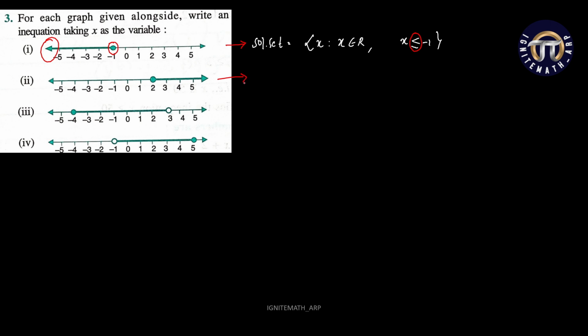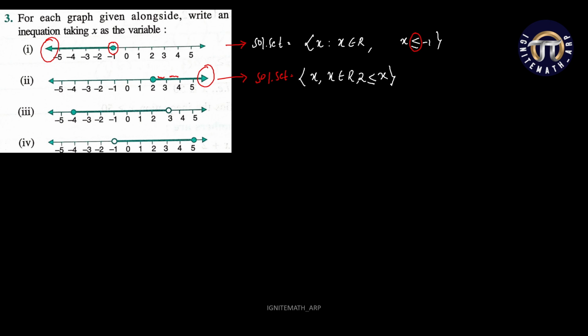Clear? Now let me observe the second one. How can I write the solution set for this? Observe it carefully, children. Again the intermediate place is darkened. So it means the replacement set is the set of real numbers. So I can directly write that x such that x belongs to real numbers and upper limit is infinity, because the arrow over here is darkened. Right. So I can write this one as, pay attention, x is greater than or equal to